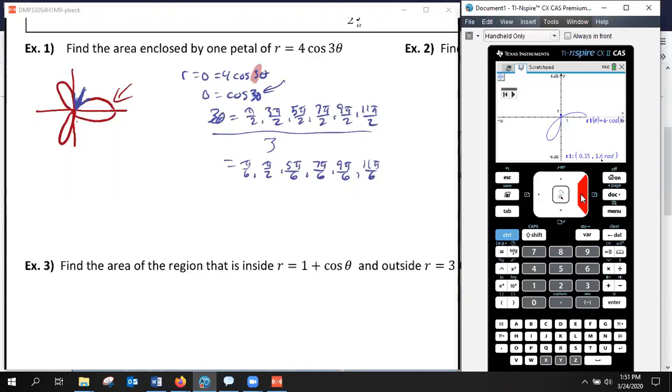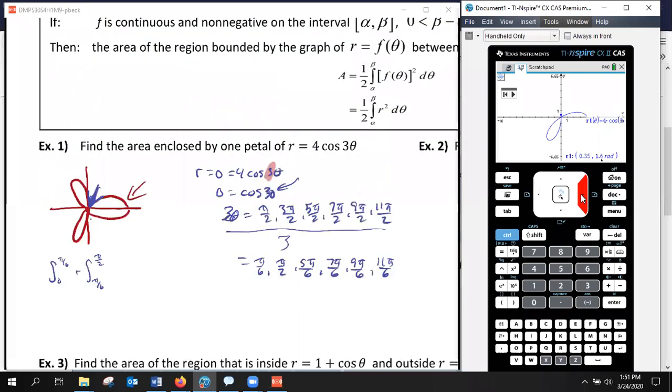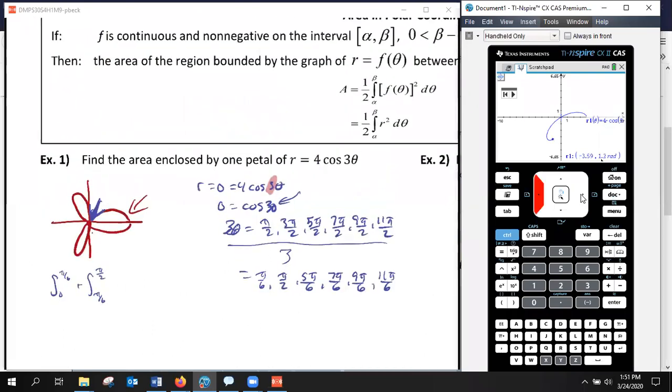Now, what we could do is, if we want to have fun, we could say, wrong tool. We could say the integral from 0 to pi over 6, and bad notation, but I don't care, plus the integral from pi over 6 to pi over 2. Now, the one thing that we have to be careful of is if we go from 0 to pi over 6, then from pi over 6 to pi over 2,